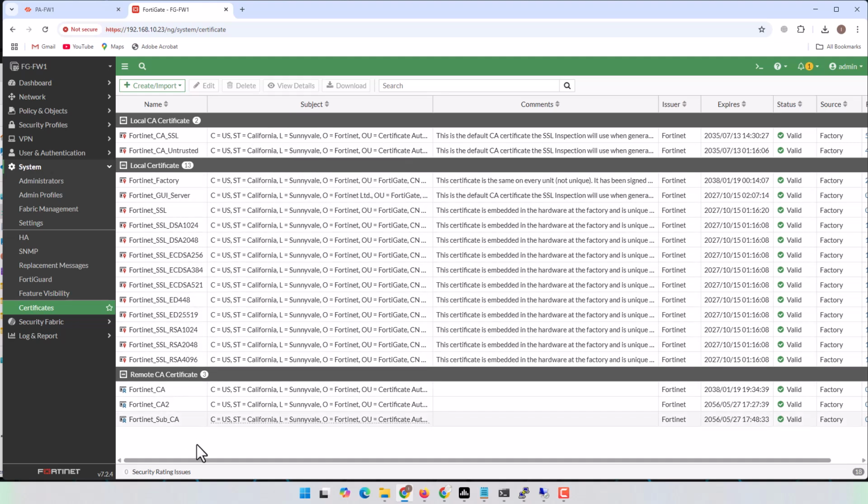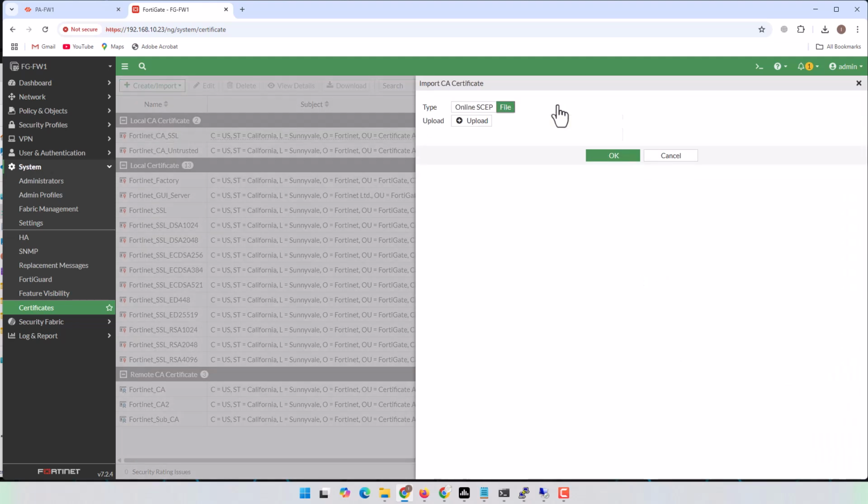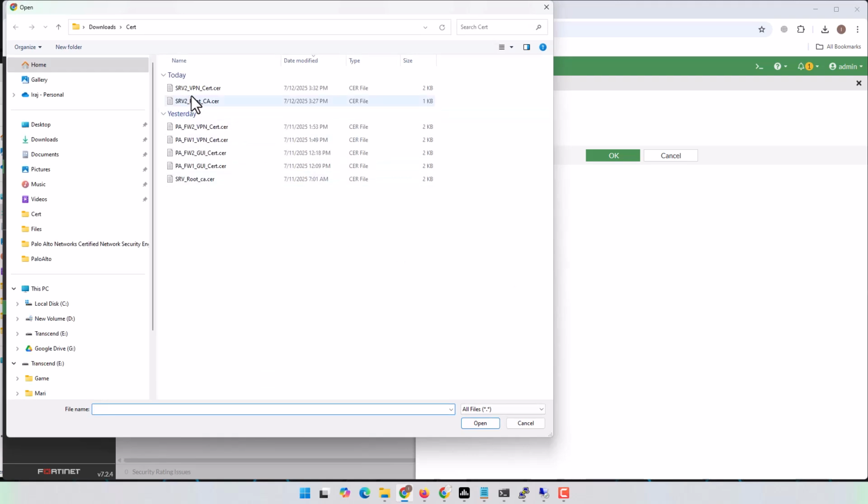And the remote CA certificate, this part is what we are going to use, because we are going to use the remote certificate and tell the FortiGate that we are using this certificate for our encryption of the IPsec tunnel. Then let's first import a CA certificate, and here in the file let's upload our root certificate here,